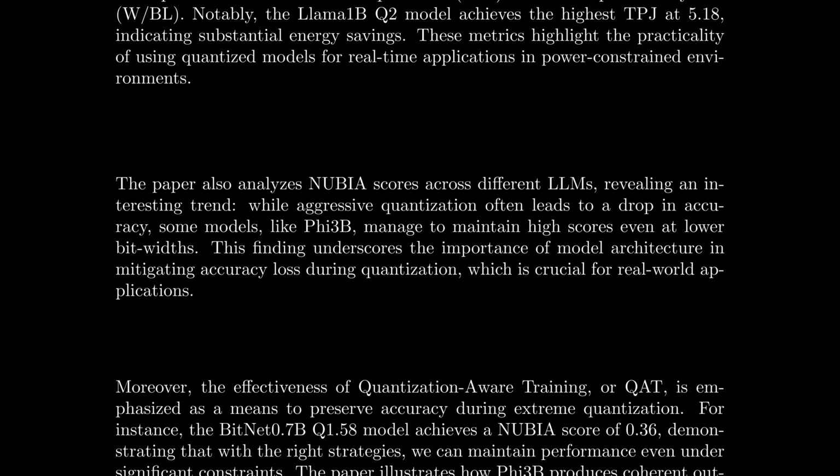The paper also analyzes Nubia scores across different LLMs, revealing an interesting trend. While aggressive quantization often leads to a drop in accuracy, some models, like Phi-3B, manage to maintain high scores even at lower bit widths. This finding underscores the importance of model architecture in mitigating accuracy loss during quantization, which is